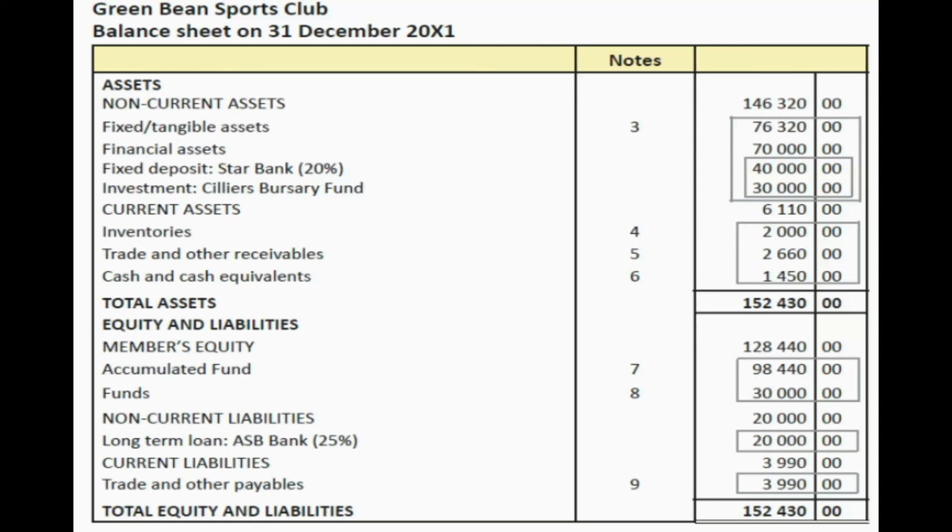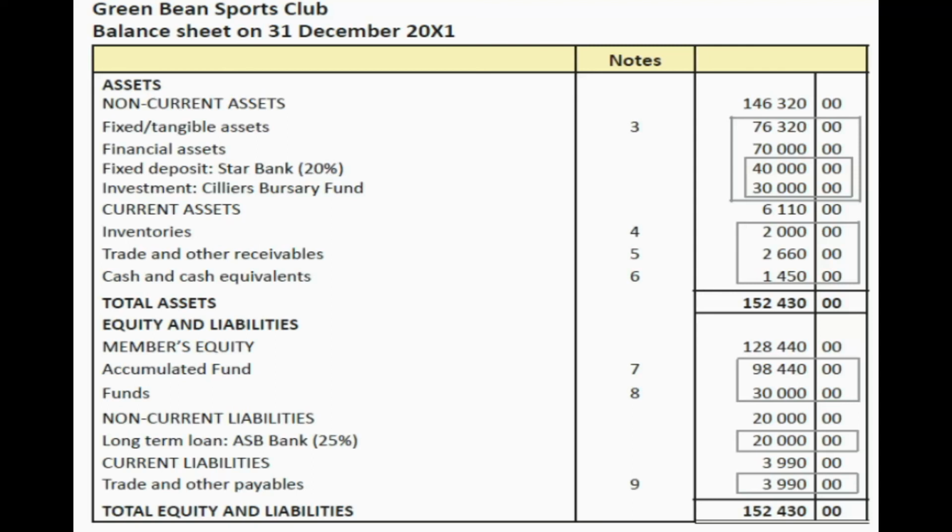Okay, then we get to the current assets. First one, inventories, 2,000. You can get that from the notes, but it's actually straight from the pre-adjustment trial balance. Trade and other receivables, if you look at the notes, it's note number 5, 2,660. Cash and cash equivalents is 1,450. It's just the total of bank and petty cash. All right, so the total of your current assets is 6,110. So we've got the non-current assets and the current assets, and that gives you a total of your assets of